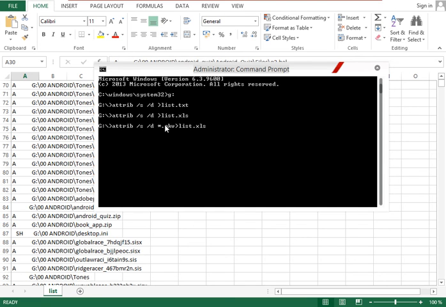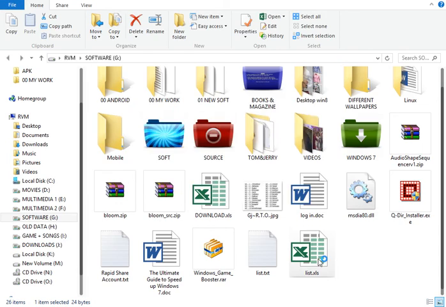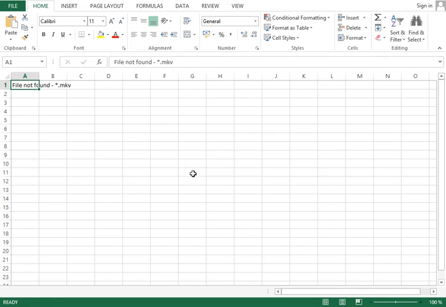So all the mkv files that are stored in this drive will be listed. All other files are not listed in the same list. Okay, I just override that file.